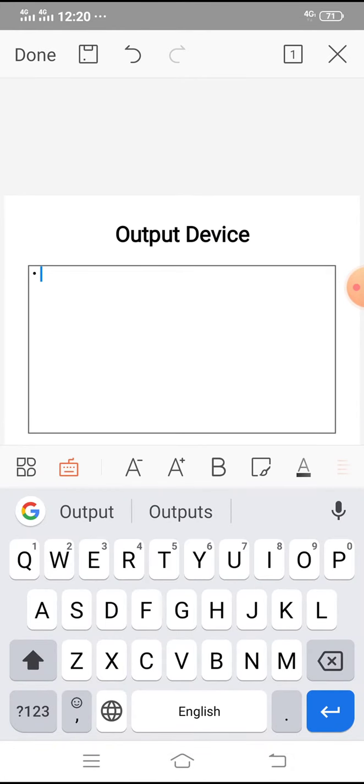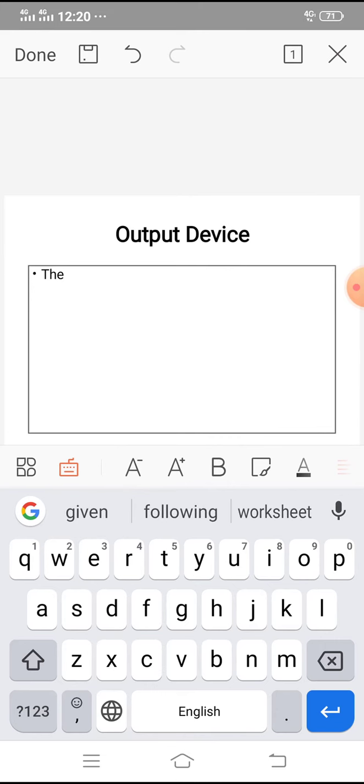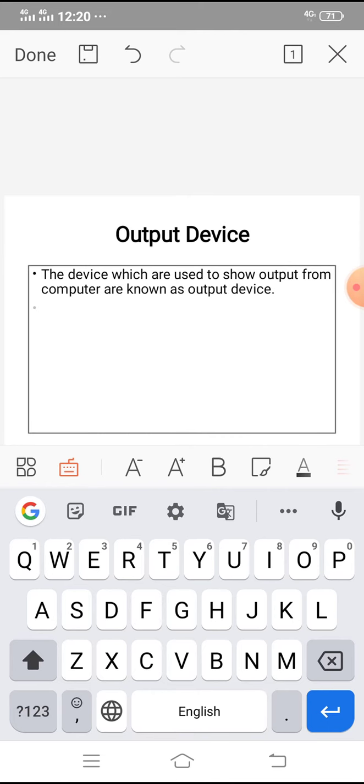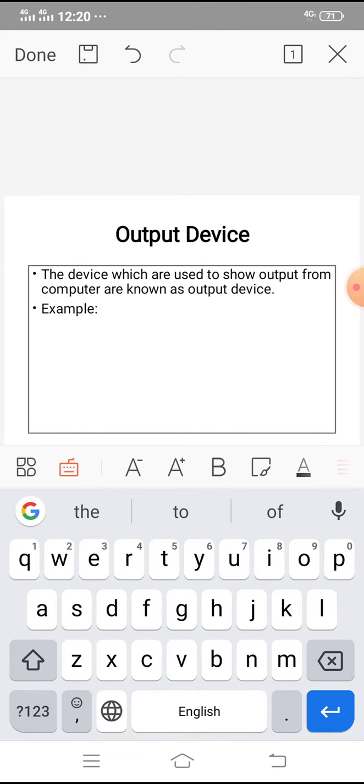And now double tap and write the definition of output device, which is: the devices which are used to show output from a computer are known as output devices. Examples are monitor, printer, speaker, etc.